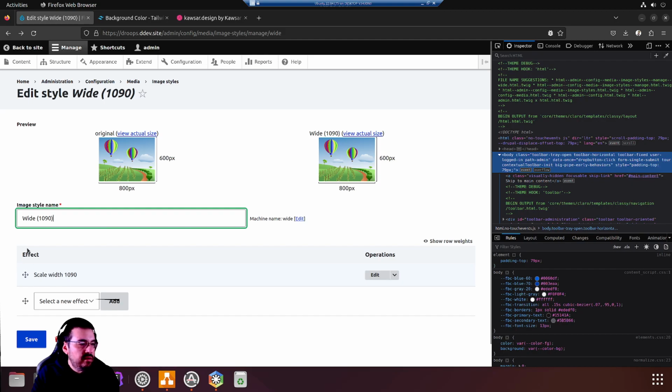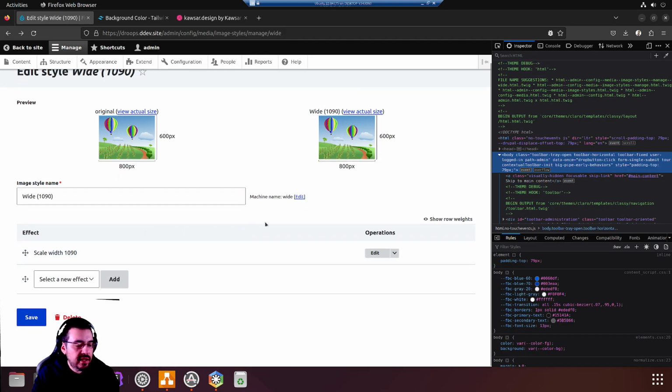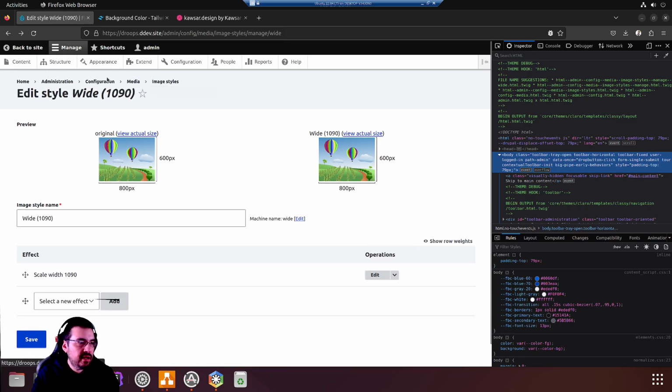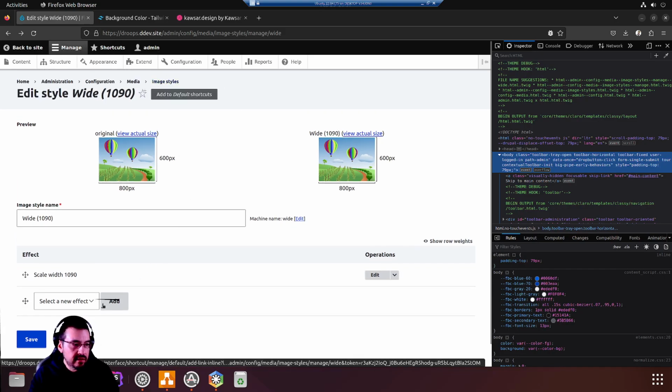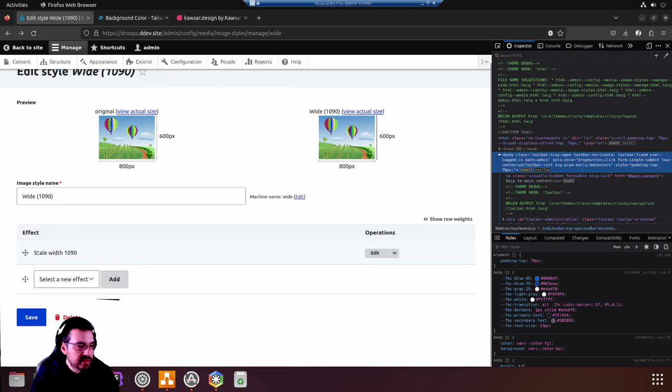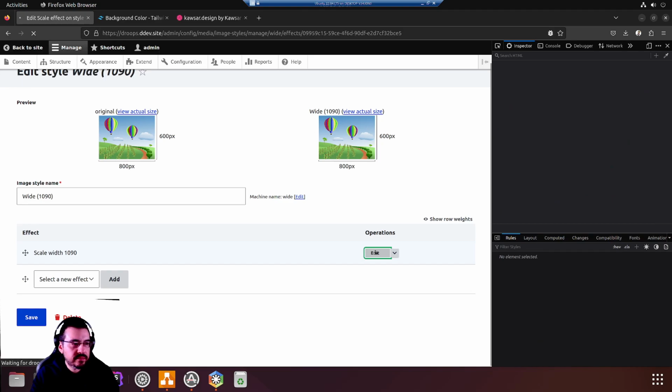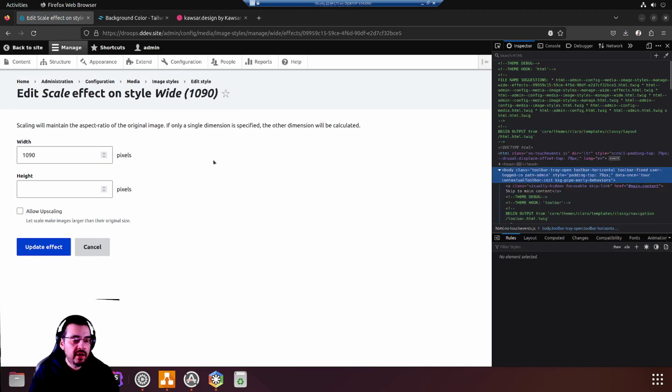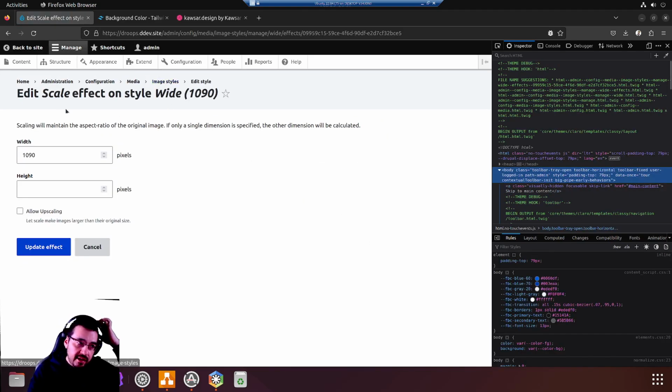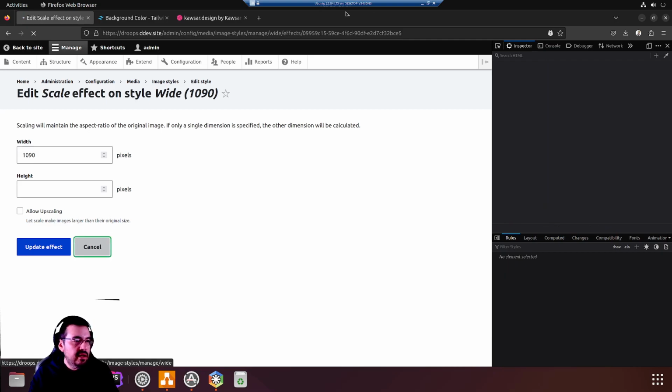So scale effect, these are the actual rules that get applied to the images from this image style. And it is set to scale with 1090. Let's see what that actually means by clicking edit. And yeah, they just set 1090 as the width and left the height. Upscaling: let scale make images larger than their original size. Let's try that out with Musk. If my theory is correct,